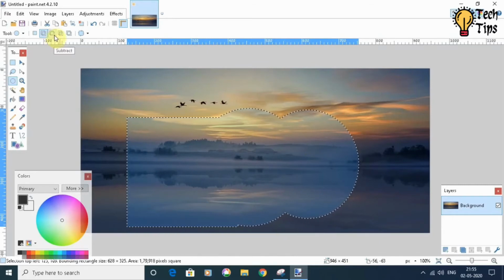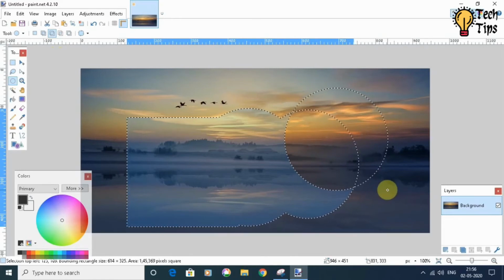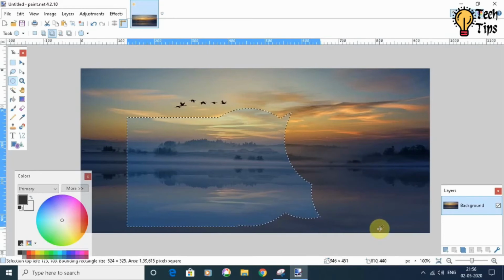The next one is subtract mode. In the subtract mode, let's see. If I want to subtract something from the current selection, for example, I want to take out this piece, I will draw something here. Whatever is overlapped, that part will be removed from the selection, or basically subtracted. So now this is my selection. If I want to subtract more from this selection, remove something from the selection, I can draw over it and that is gone. So this is basically the subtract mode.